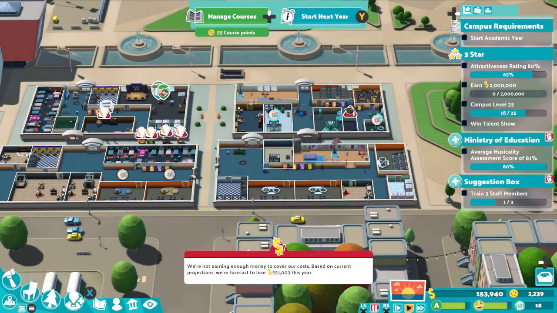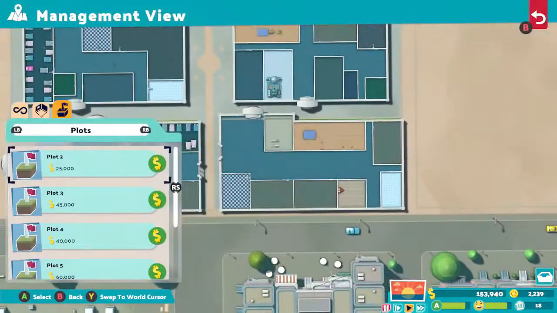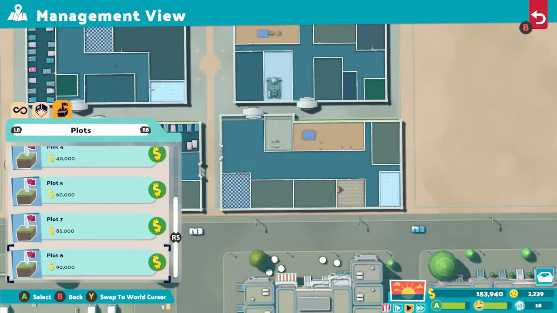3-star tasks are still easy, but will take a few academic years to complete. You have to earn $2 million in money. This took 2 academic years for me. You have to take your campus to level 25 and combine this task with the attractiveness, so go back to